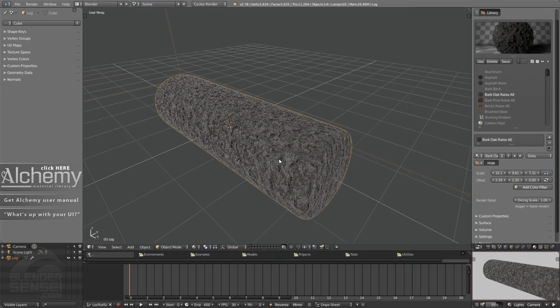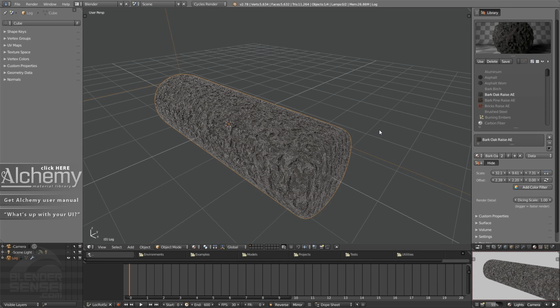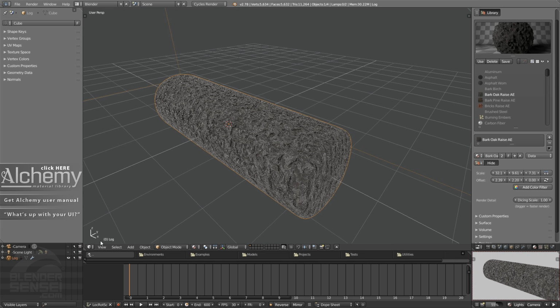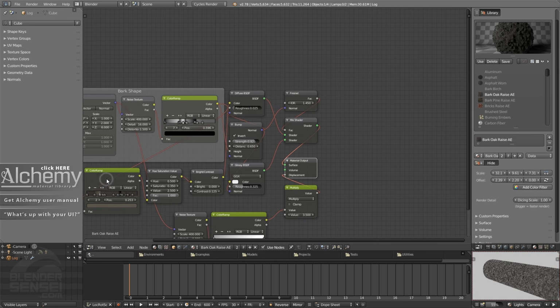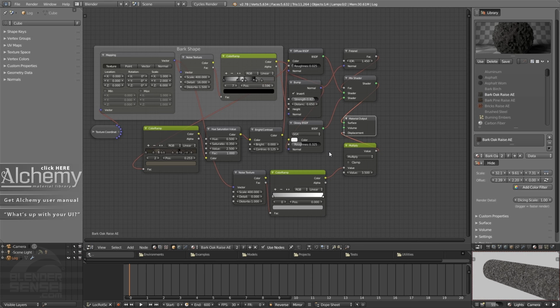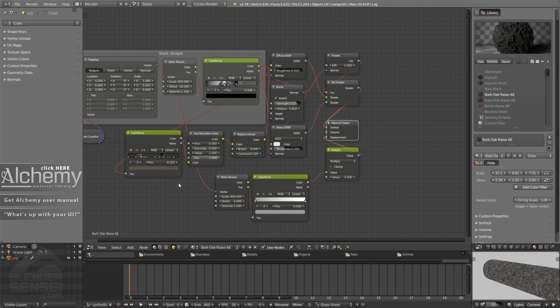So let's go ahead and give that a render preview to see what that's looking like. I'm going to press Shift Z, and it's looking pretty barkish, which is awesome. One thing going on here, I think the displacement of this might be a bit intense, so I want to drop that down some. But rather than going into the node editor and digging through all the nodes, which wouldn't be that big of a deal because I made this material so I know where everything is,